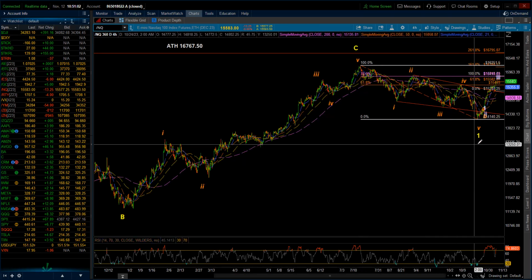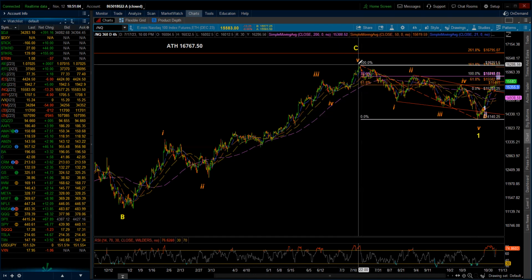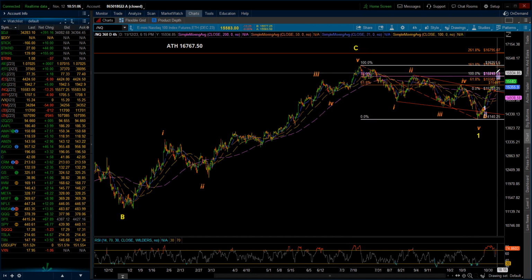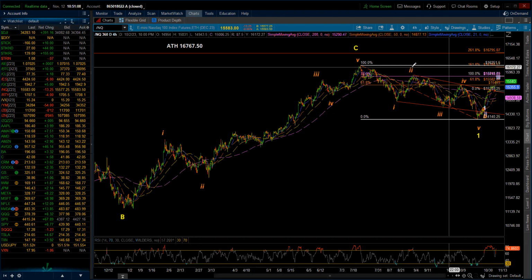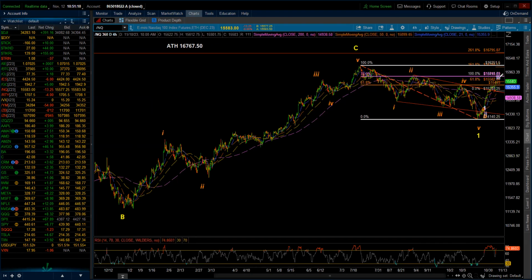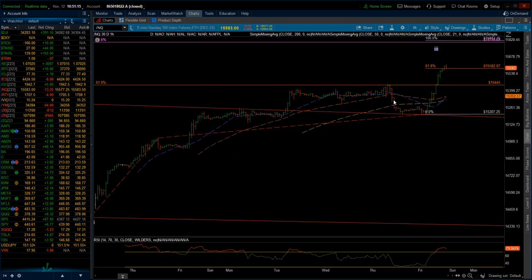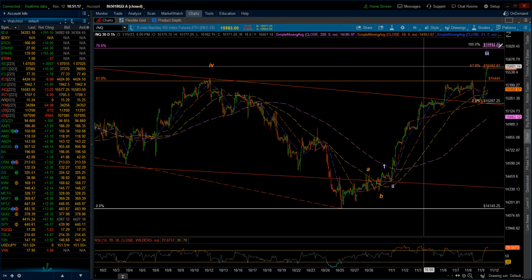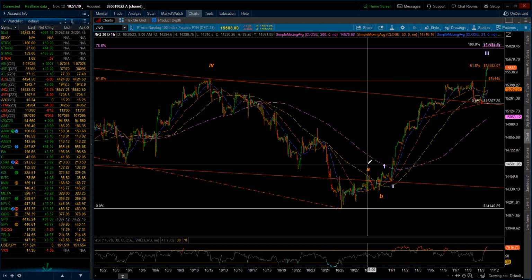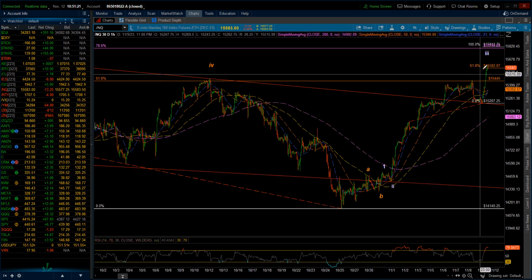So I'm not expecting that in a wave 2. That would then exceed wave 1. But I think we can get close. I think we can get very close. But I also think it's a coin toss as to where essentially we are sitting in this whole scheme of things. So I think that the strength of this market,